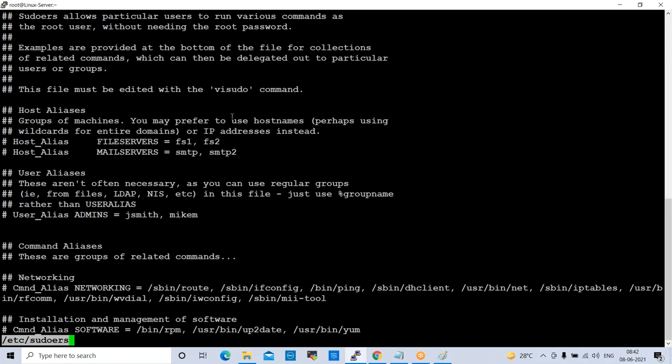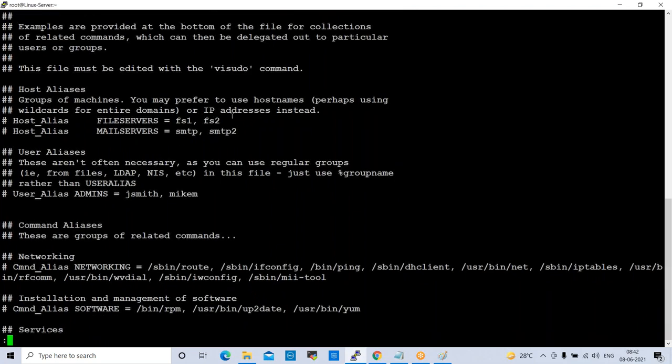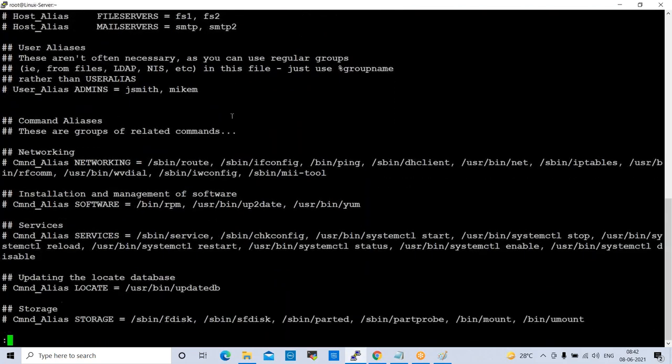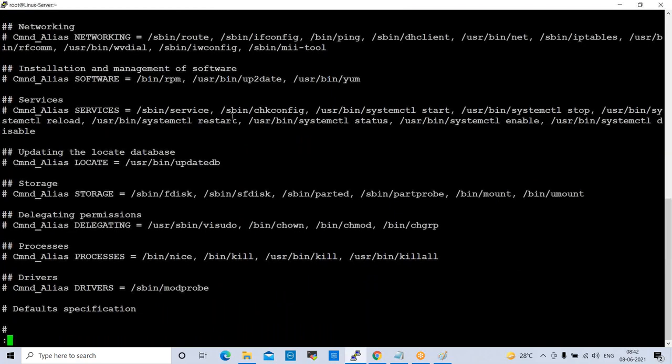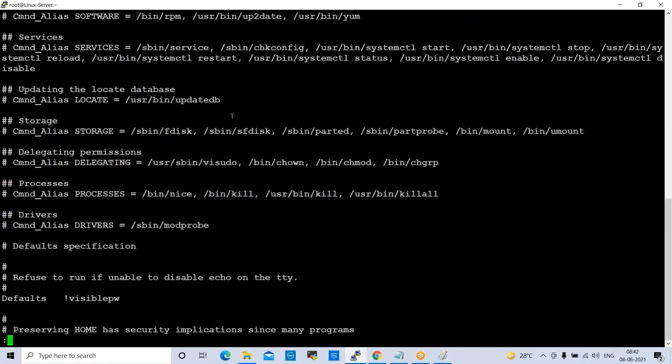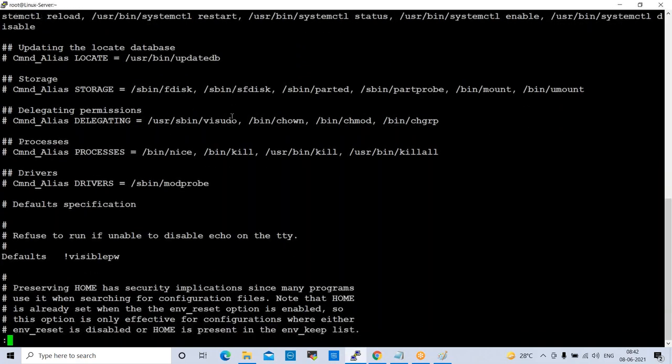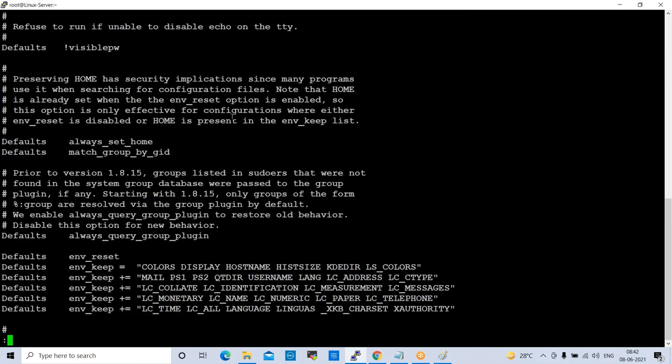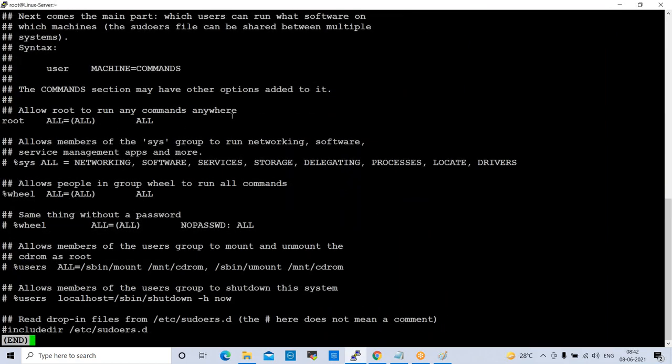So see here, this file has more than one page. That is why it is showing the end of the page. Now if you hit enter, it will show you like this. Normally, if you have 10 pages, it will open page by page. If you hit enter, it will show you like this. Now it is completed. We have 2 or 3 pages, that is why it is showing like this.